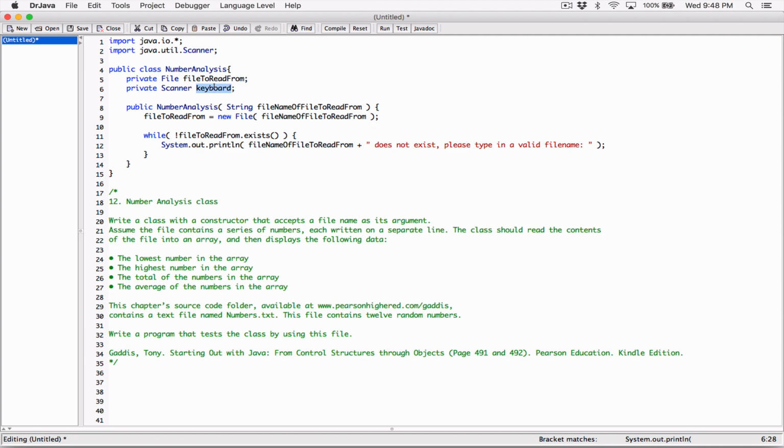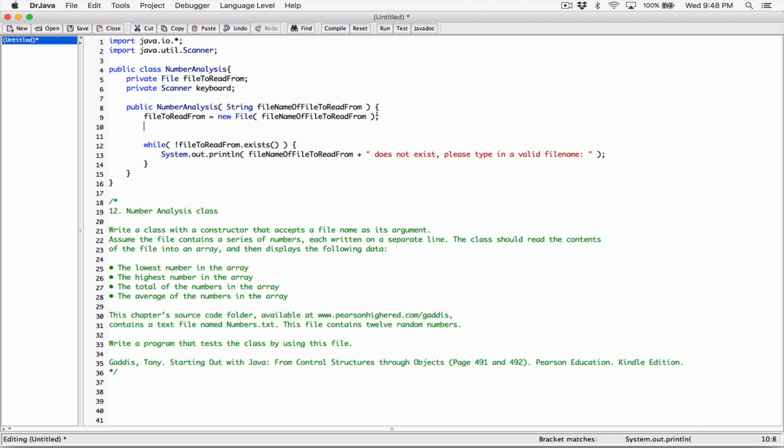I've declared the variable, and this variable is going to be used to hold a scanner object. All right, so now we can go ahead and create a scanner object here. We have the variable keyboard. Now I'm going to go ahead and create a scanner object. It's going to be equal to new Scanner